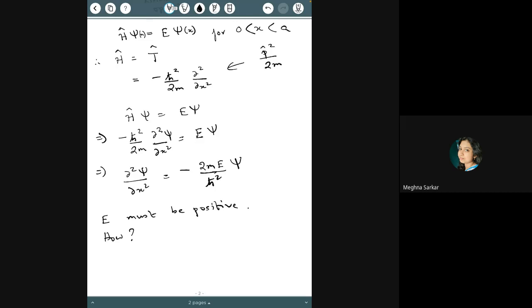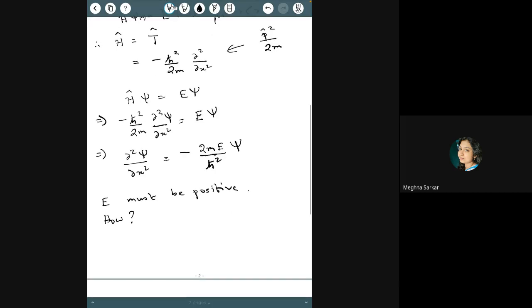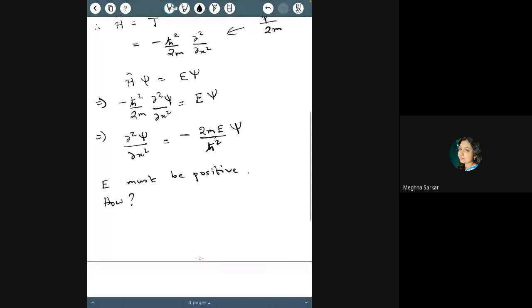That is, there is a theorem which says that the energy of a particle must always be greater than the minimum potential that is applied to it